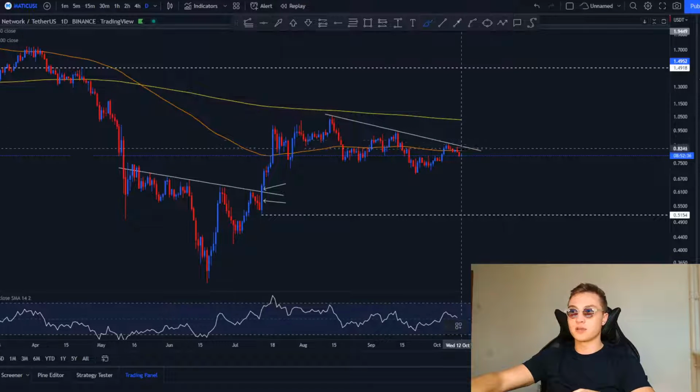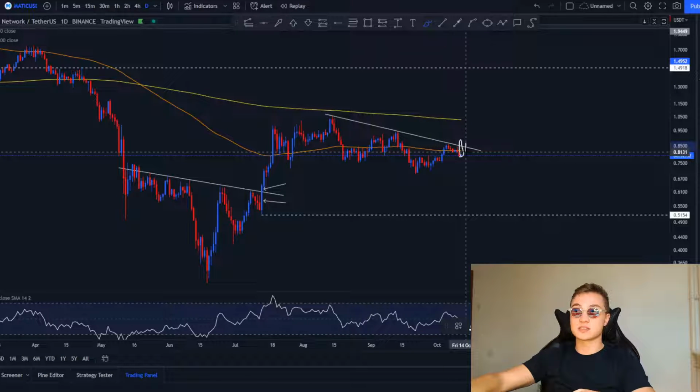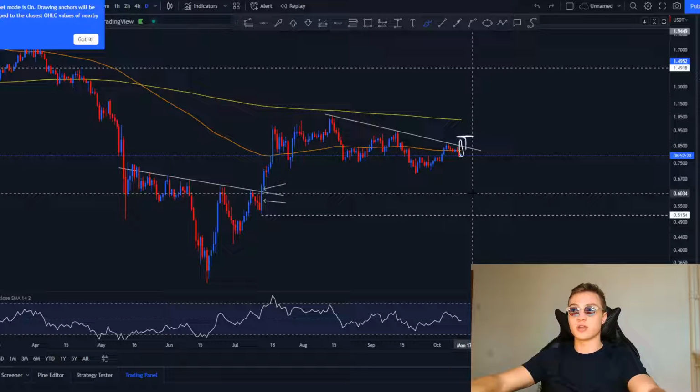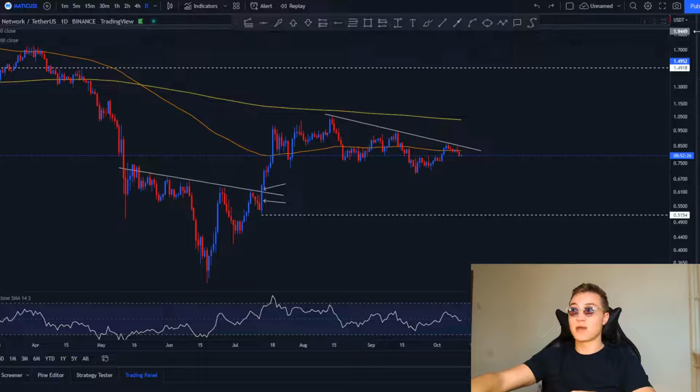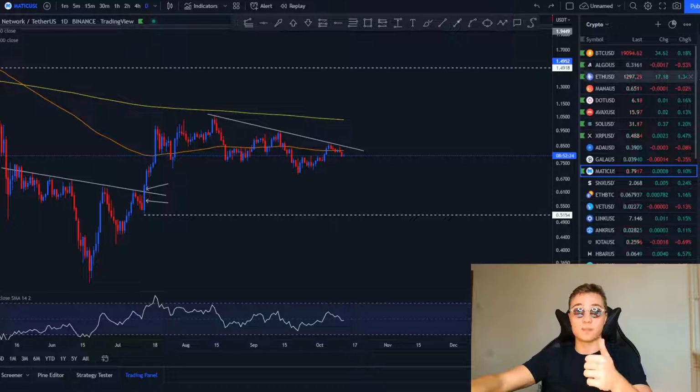So what I'm going to wait for is one of these daily candles to make a break, and then the next daily candle to make a slight wick down and break the high of the previous candle to enter a long position. Now that's my analysis on MATIC,